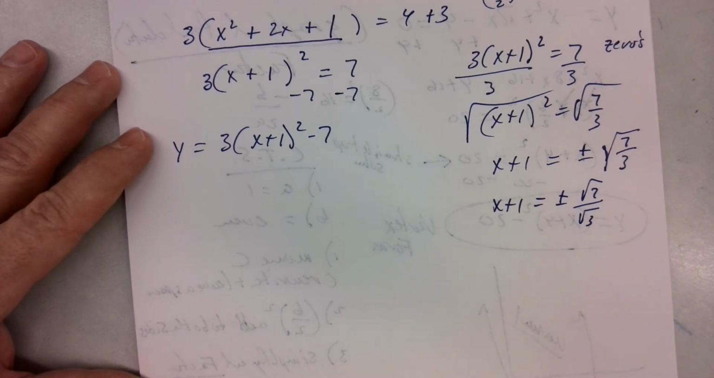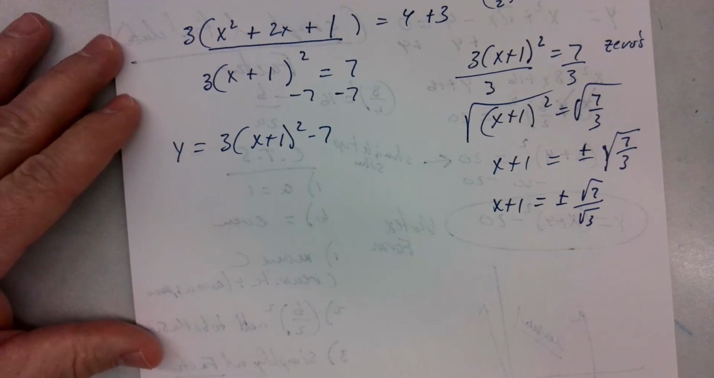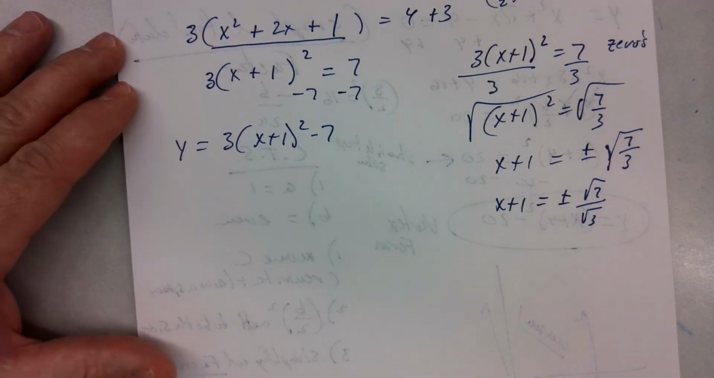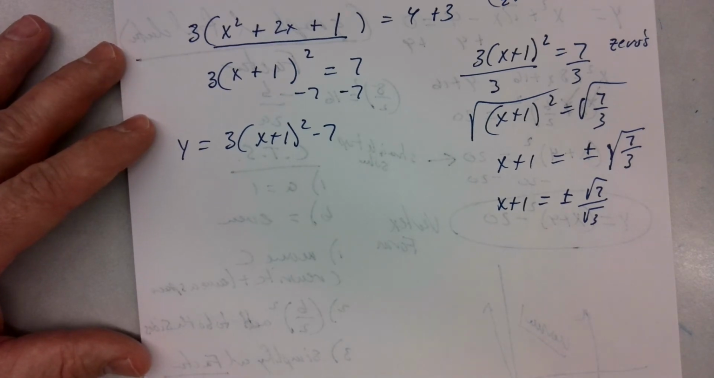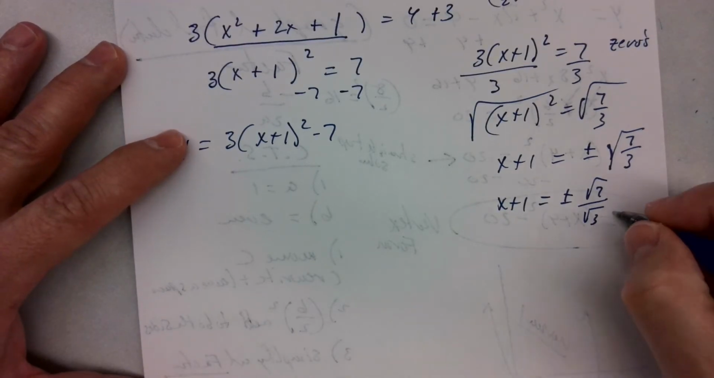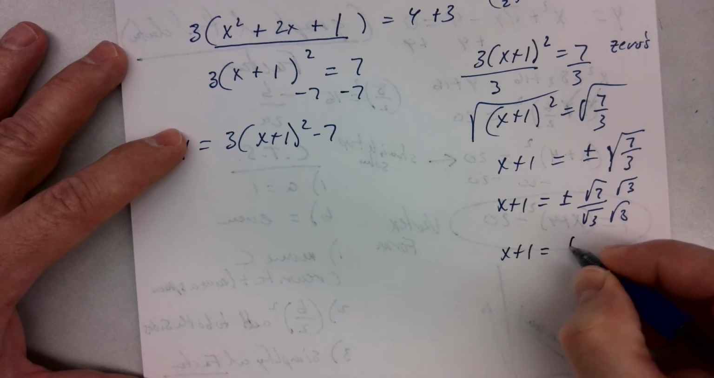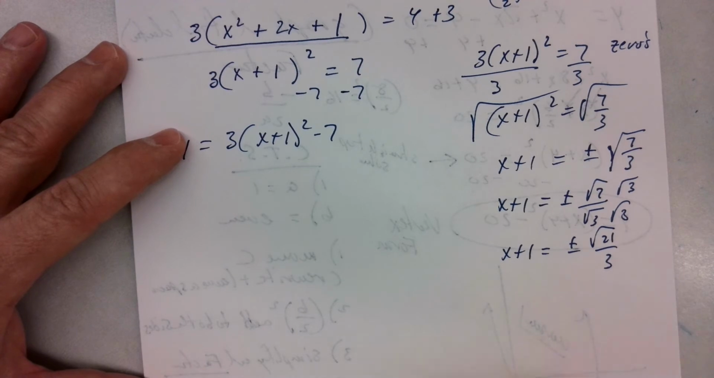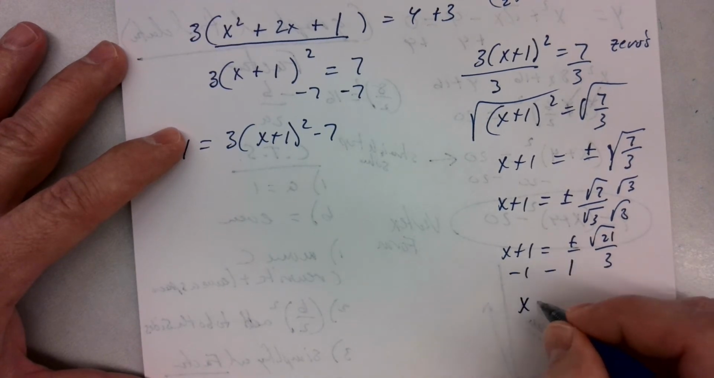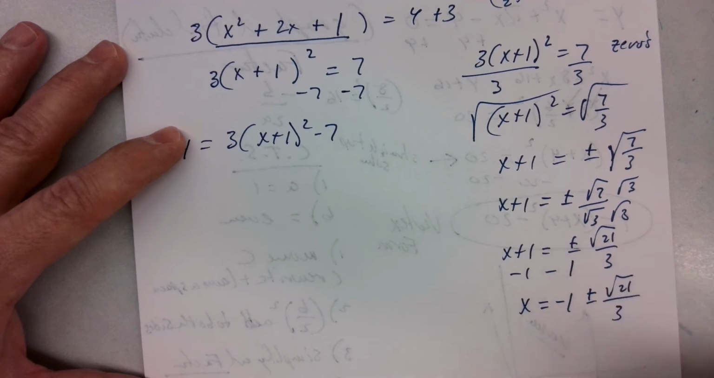Can't have a square root in the denominator, right? Because then I'd have to do what? Anybody remember what we called what I have to do? It starts with an R. Yeah, rationalize the denominator. Good job. So I'm going to multiply by square root of 3 over square root of 3, and that's going to give me x plus 1 equals plus or minus the square root of 21 over 3, right? And I'd minus 1, I'd get x equals negative 1 plus or minus the square root of 21 over 3,